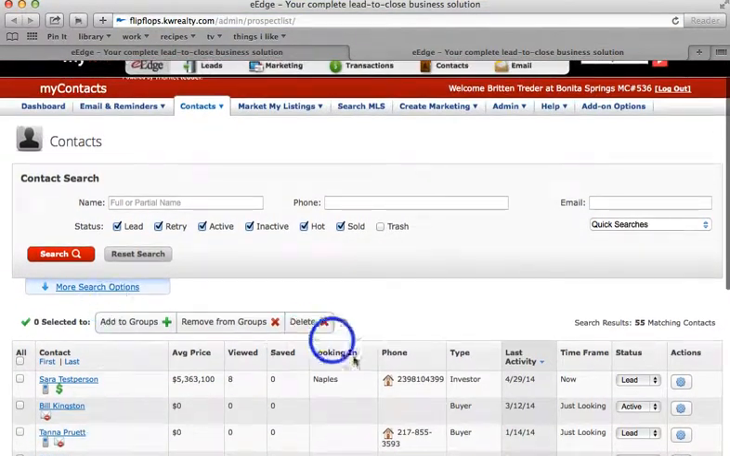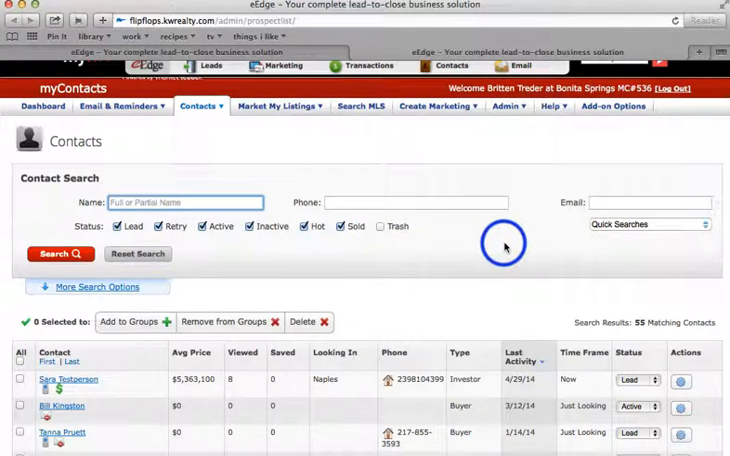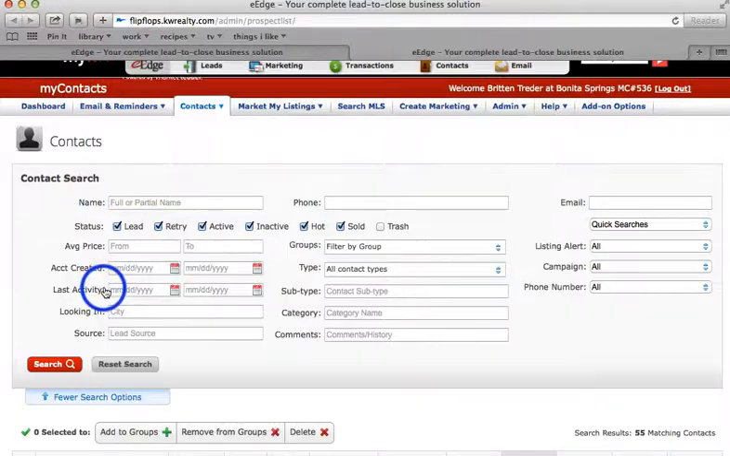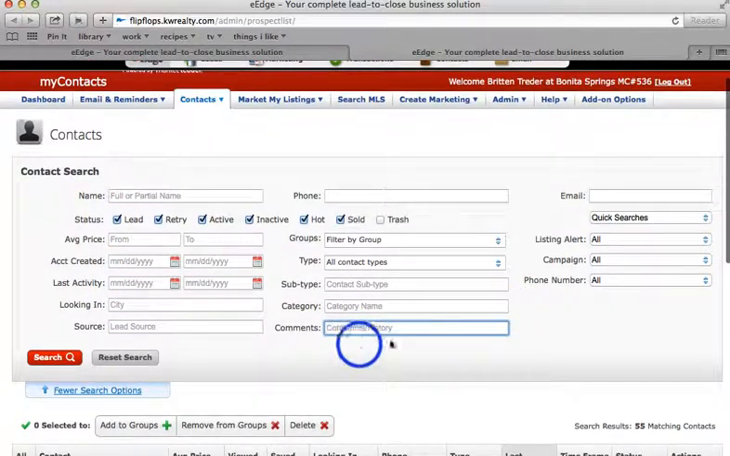Alright, as you can see, I have some contacts down here. Now let's say I'm looking for a specific person. For example, it's someone I met at an open house, and I don't remember the person's name. I don't remember, obviously, their phone number or their email address. What I can do is click on More Search Options, and there's a place right here where I can search